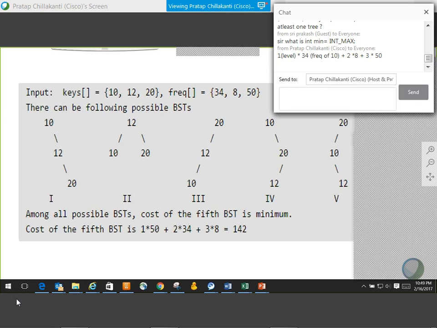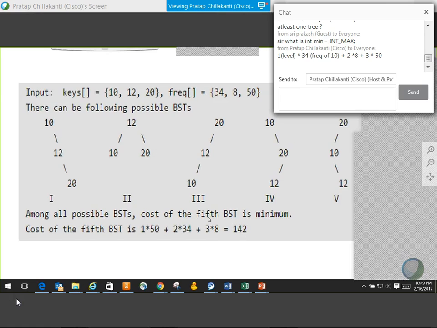In the fifth BST, 20 is at the root level, that's level 1. So level 1 times 50, frequency of 20. Level 2 has 10, frequency of 10 is 34, so level 2 times 34. Plus level 3, 12 is at level 3. So 3 times frequency of 12, 8, 142.